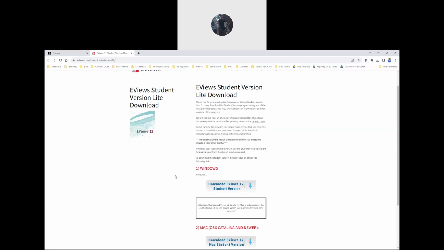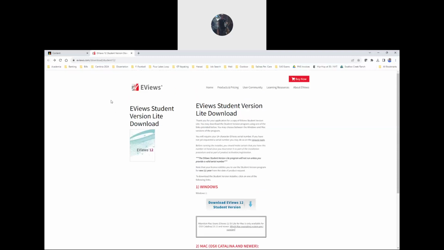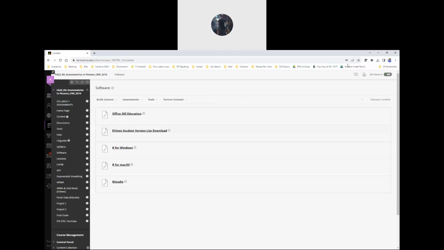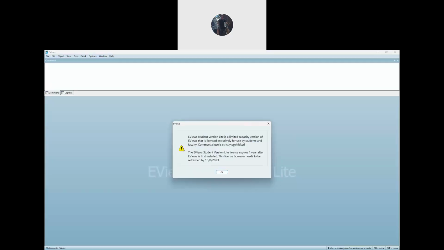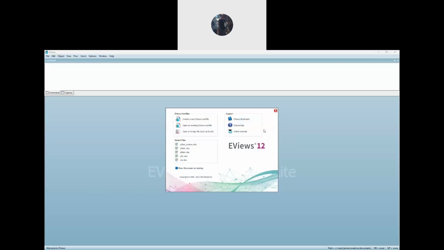I'm downloading that, but it's usually pretty self-explanatory. If you get eViews up and running, it looks something like this. Okay, all right, so here's eViews 12 student version. Very limited, but I like it for some of the features like doing the unit roots, doing the plots, checking for stationarity. If you get this program up and running, and you get your data set up nicely like we did, you can just do